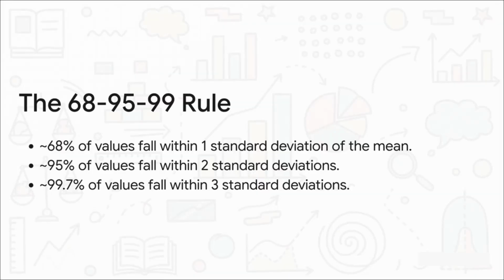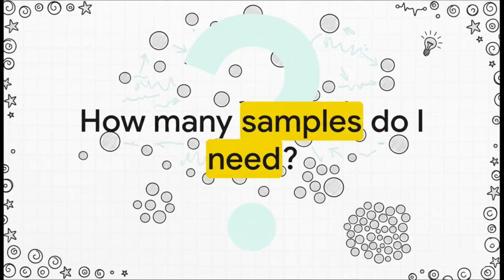Because the normal distribution is completely predictable. We know everything about it. We have rules for it, like the famous 68-95-99 rule. We know that about 68% of the values are going to fall within one standard deviation of the average, and 95% will be within two. This rock-solid predictability is the foundation for almost all modern statistics. And that brings us to our final, crucial question. This theorem is incredibly powerful, but you notice it all hinges on having a large enough sample size. So the real-world problem we're always left with is this. What is enough? How many samples do you really need to be able to